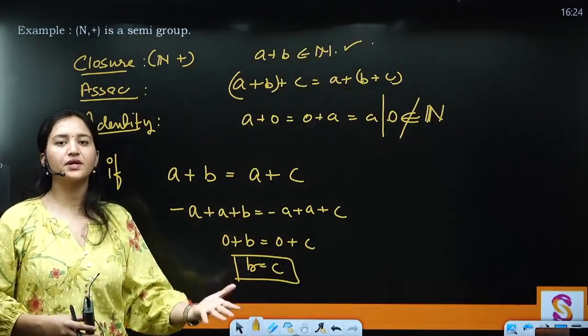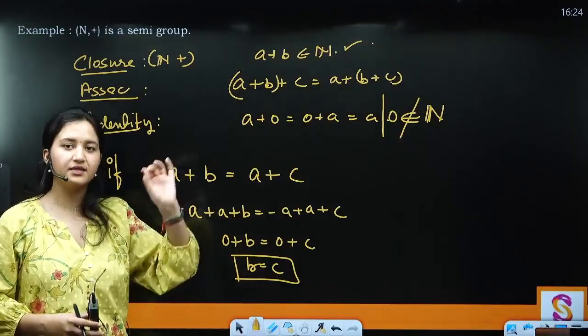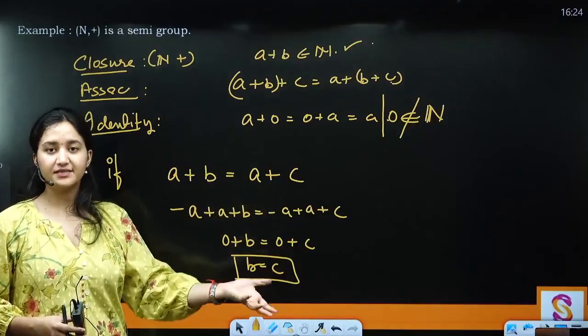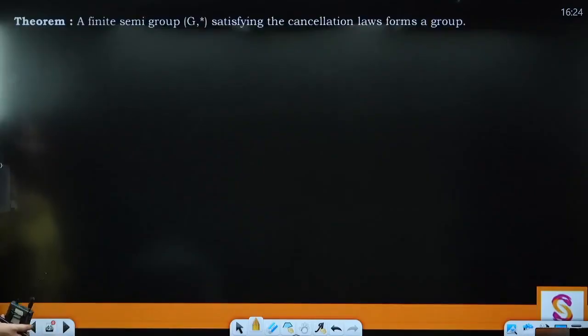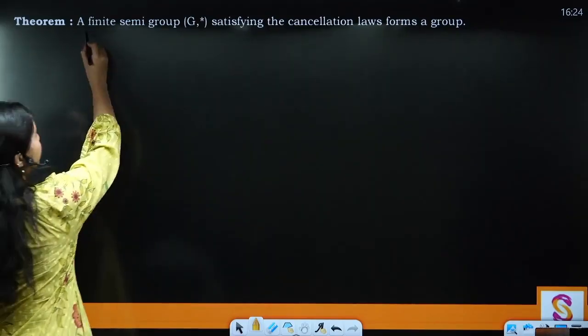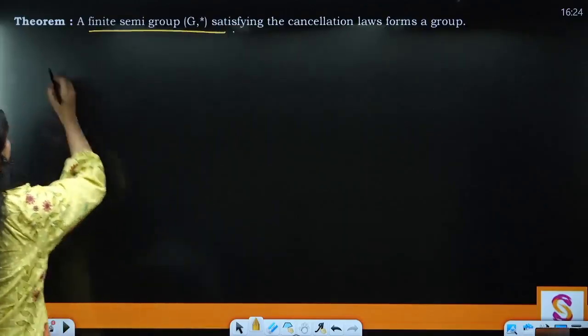So how to know conclusively when a semigroup is going to hold cancellation laws, right? For that, we have the next theorem. That is, a finite semigroup G star satisfying the cancellation laws forms a group, right? Chalo. Now we'll take the proof for it. It is saying that a finite semigroup, okay? The proof is,